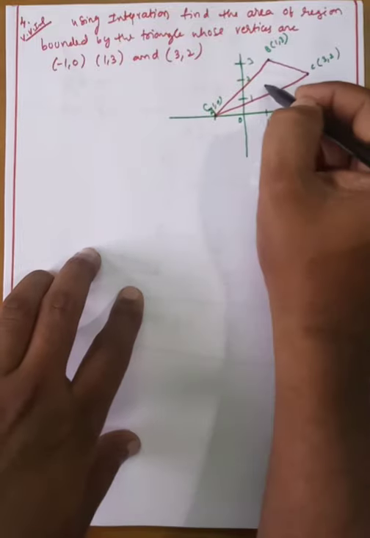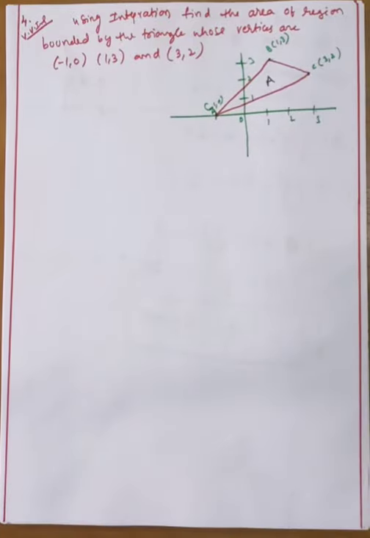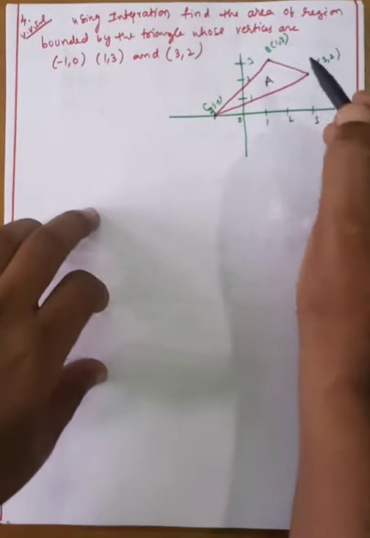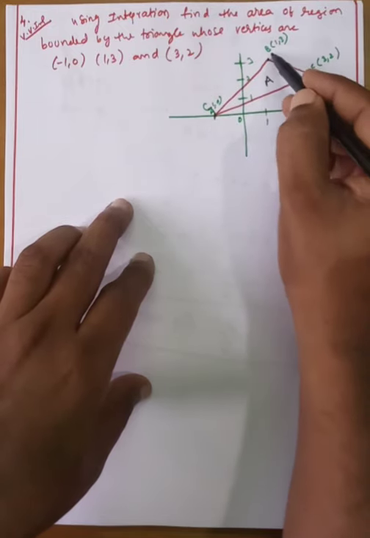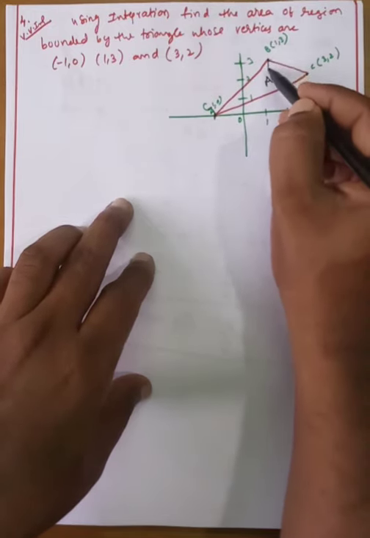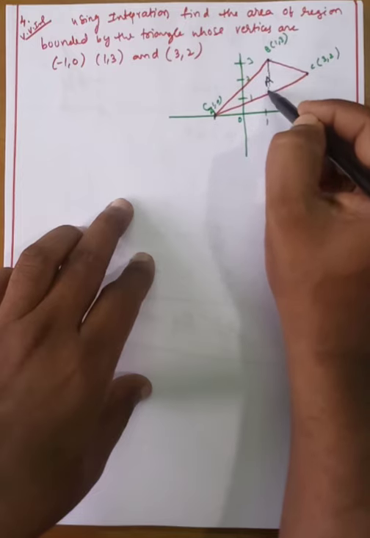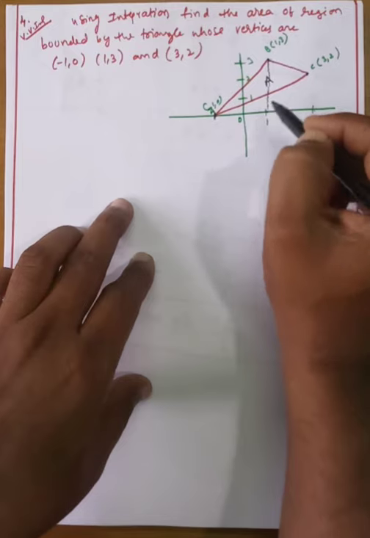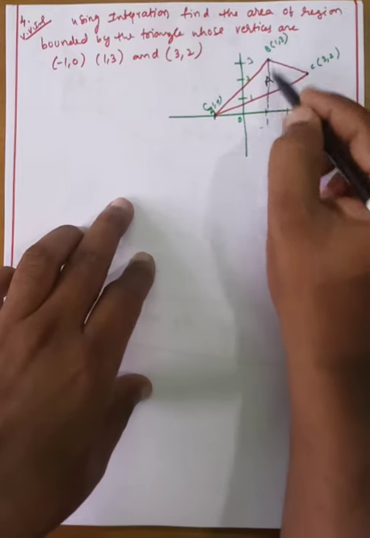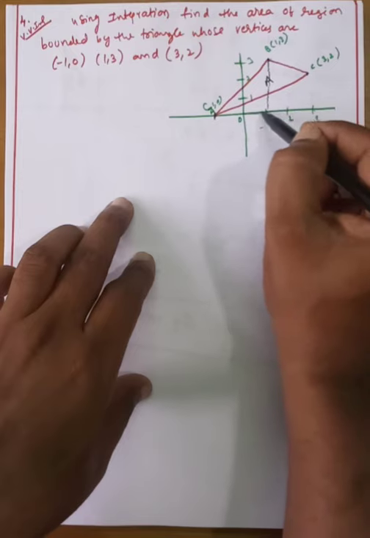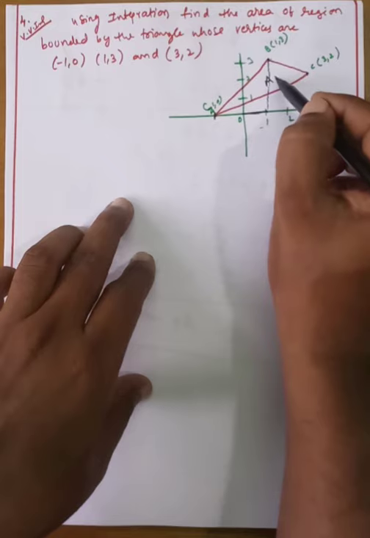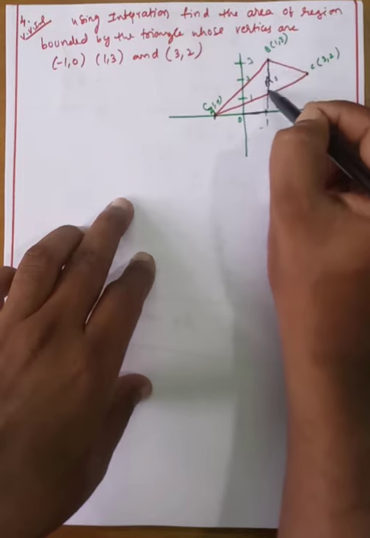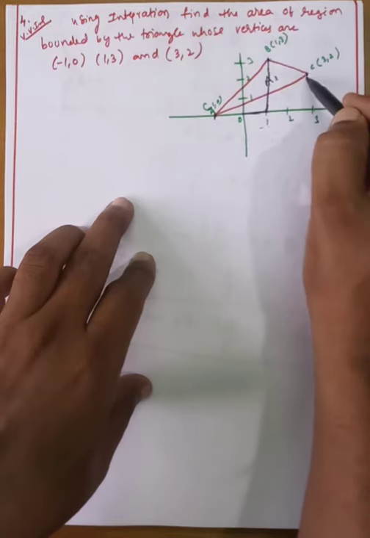Now area of the triangle means we will find this area. Okay, my dear students, this red bordered area we can find. Observe that 1, comma 3 is there, and here -1 is there. 1, comma 3 means this is the x value. x is equal to 1 means this is a vertical line. This total distance is 3. This is y is equal to 3, no problem at all, but this is x is equal to 1.